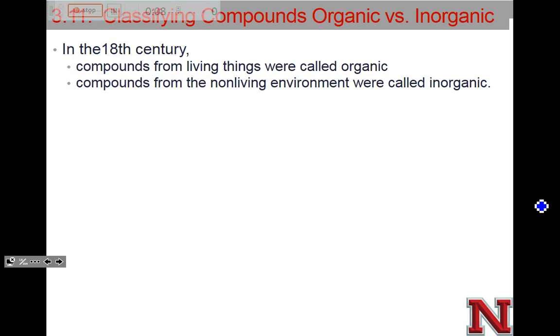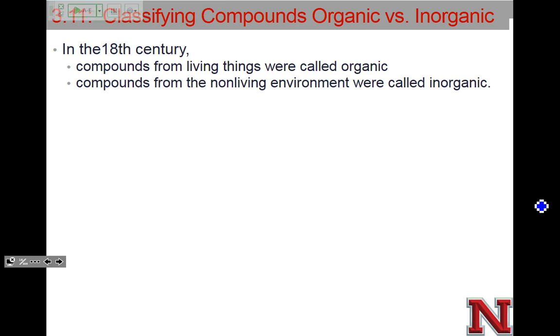The last thing, I'm going to go through this really quick because it's not really necessary that we cover it in too much detail right now. I've been talking about molecules, I've been talking about organic chemistry, so I just wanted to give you a short overview of the difference between organic compounds and inorganic compounds. Originally,